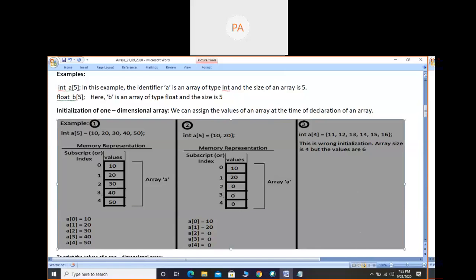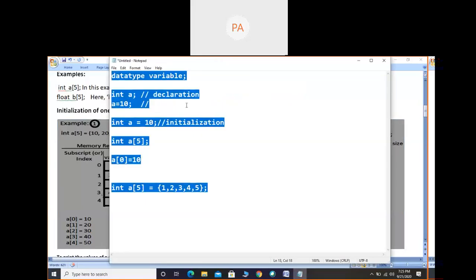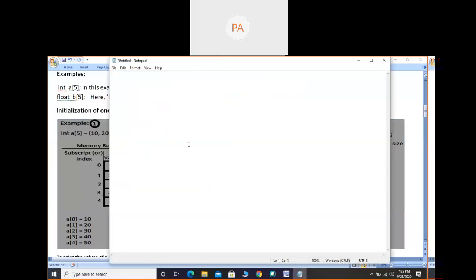Okay, so we will move further. Here I will give only a little bit of explanation. When we write an array, that is particularly declaration and initialization. If I say int a of 5, this is just the declaration. Try to understand: 5 locations are given for array a with no values, or we can consider 0, or the compiler will give some values.